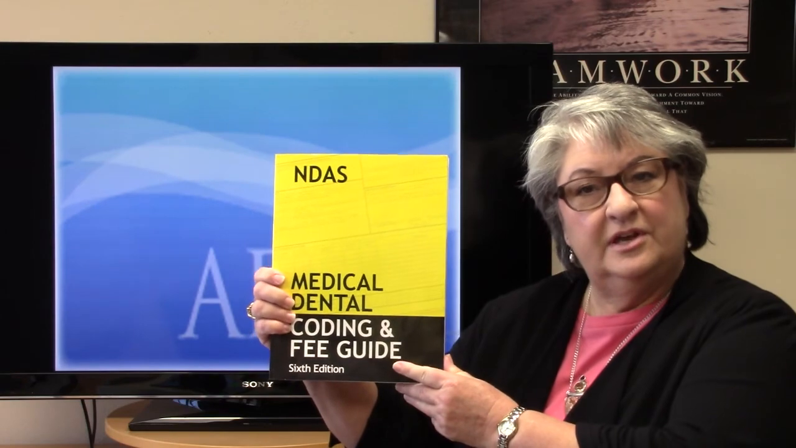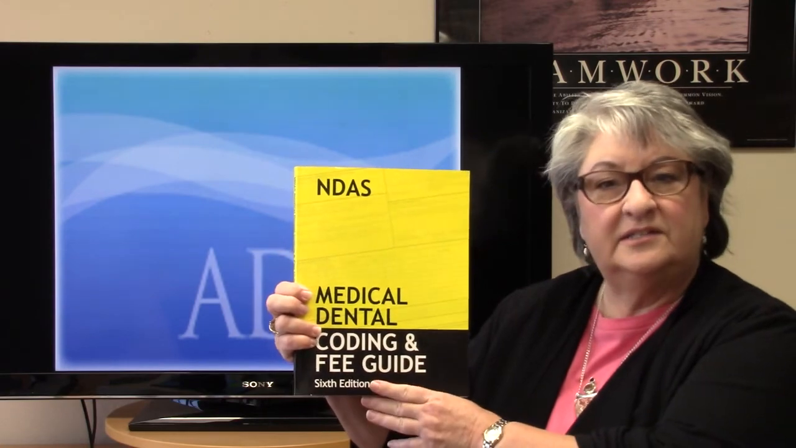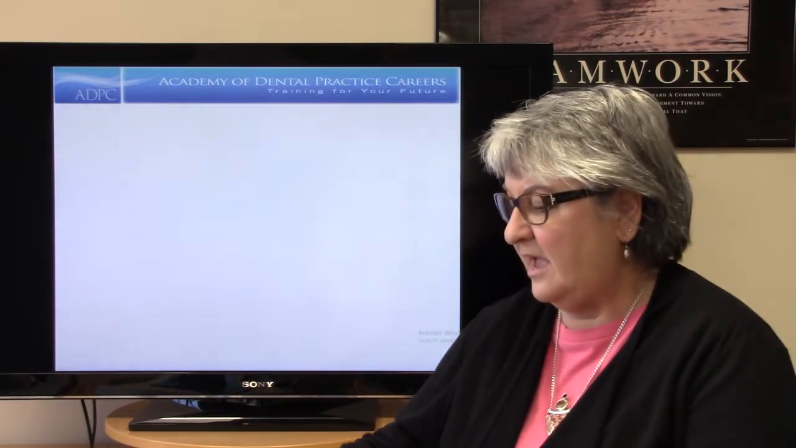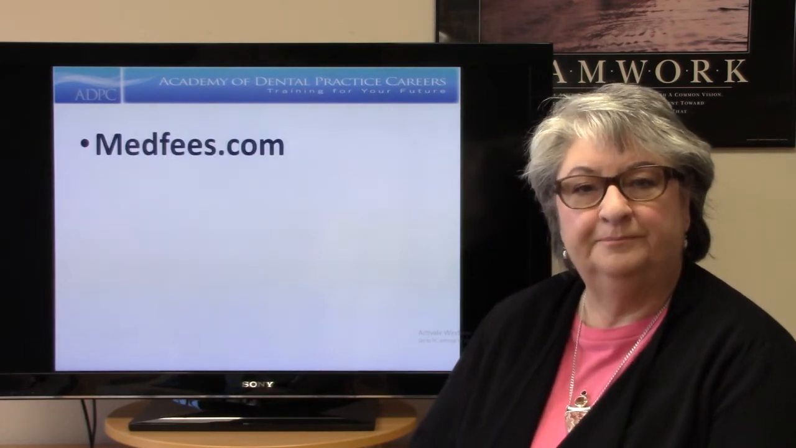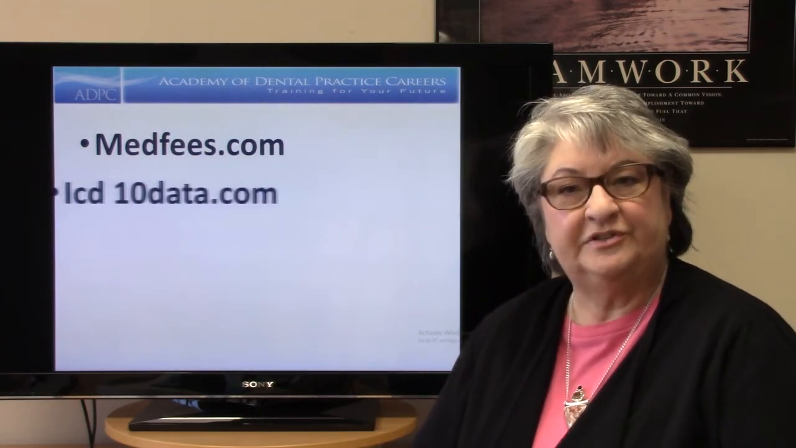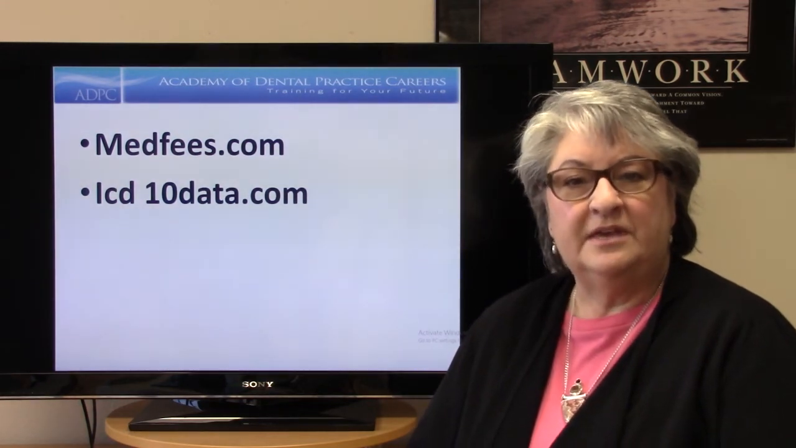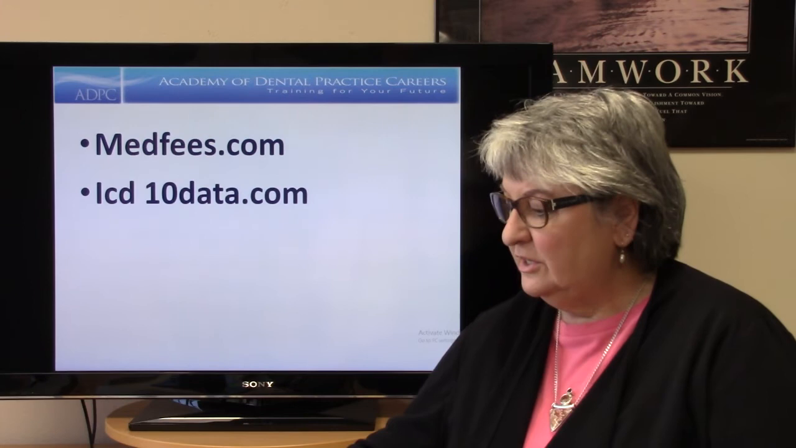Now, before we get started, it is our assumption that you already have the required documentation needed to proceed with submitting the claim. First of all, make sure to have your code book. This is the one I use, the NDAS Medical Dental Coding and Fee Guide 6th edition. It is available at medfees.com. If you prefer looking up codes online, here is a valuable resource, ICD10data.com. And finally, if you want to look up the average UCR fees for your zip code, you can go to